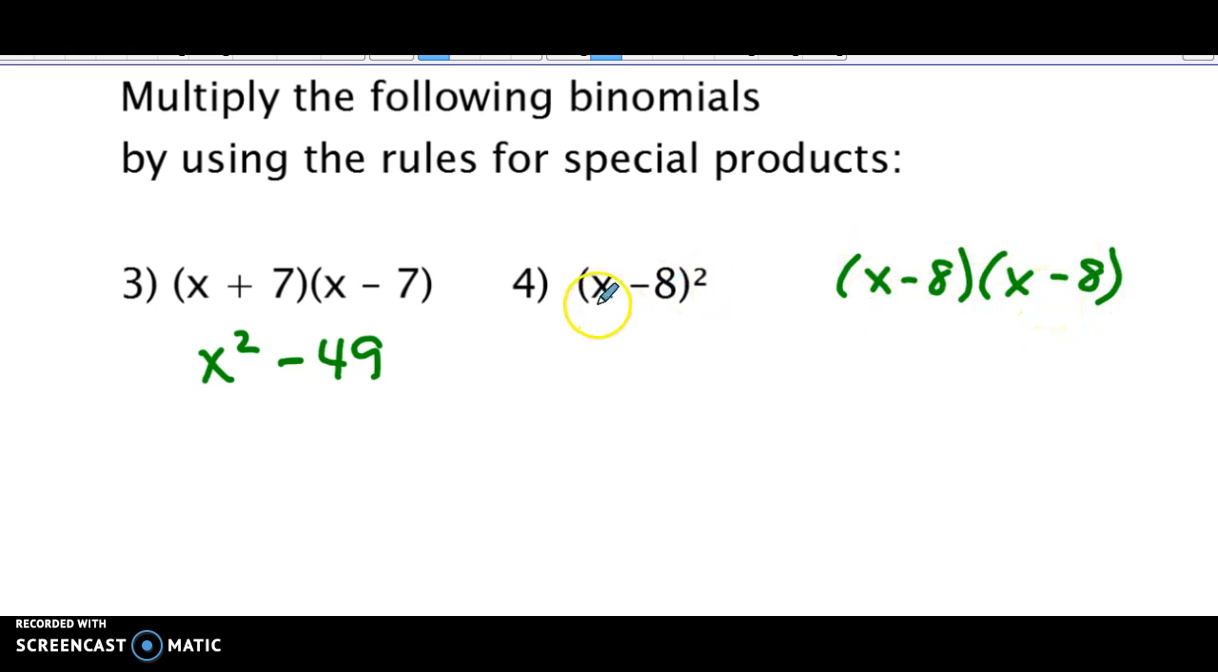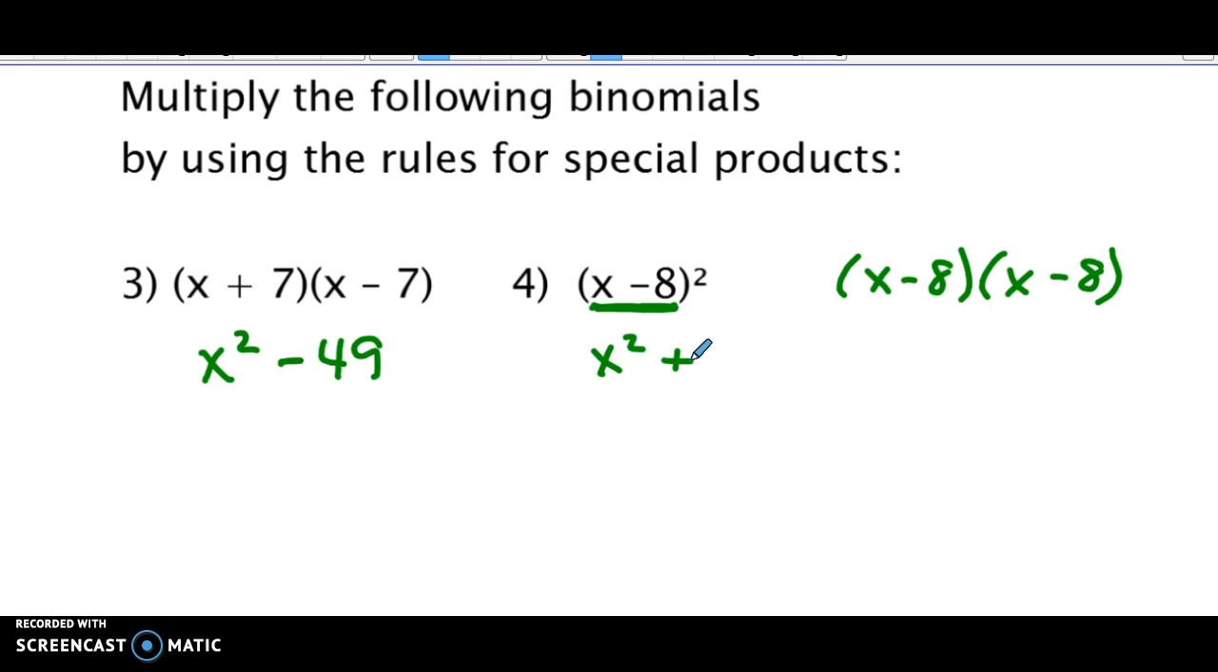What this means is that this binomial, x minus 8, is a factor twice. So I multiplied this by itself. So I have x minus 8 times x minus 8. And if we remember our rule for this, I'm going to square the first term, which gives me x squared. Then to that, I'm going